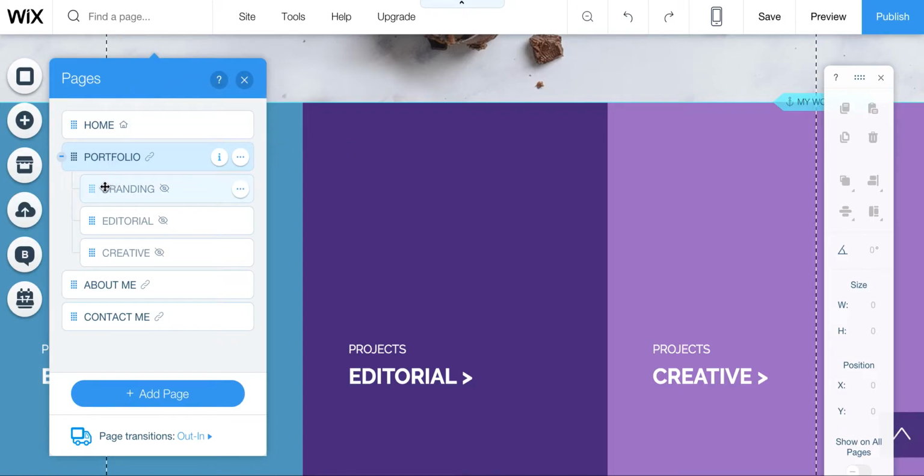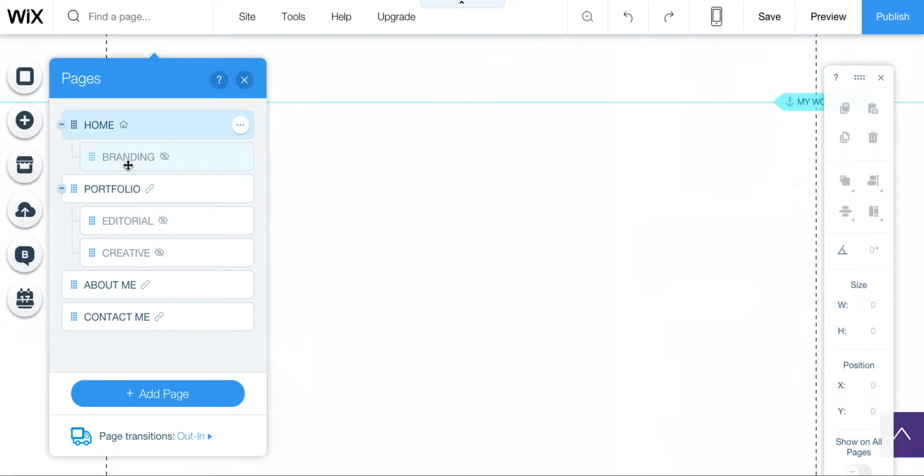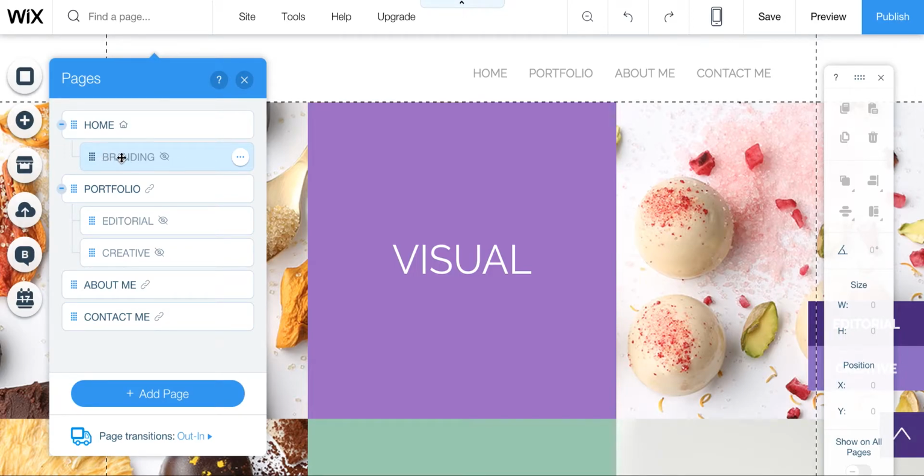Now they also have, as you can see here, subcategories: branding, editorial, creative. They're all a part of this portfolio section. And the way you can do that is you can just drag them where you want them to go. If for some reason you wanted all your branding, editorial, and creative to be under your home page, you would grab this, set it there, and now this is actually the individual page,